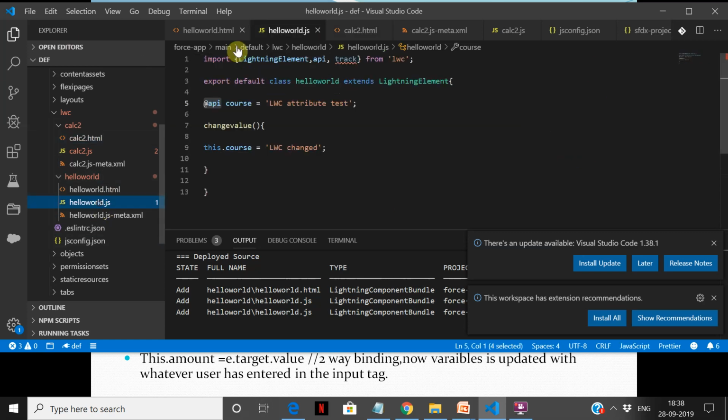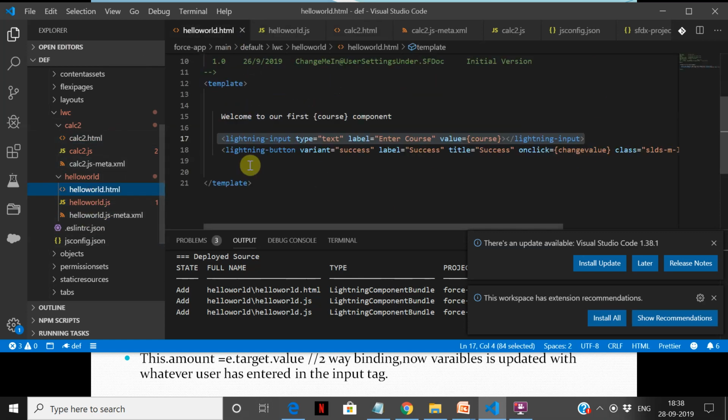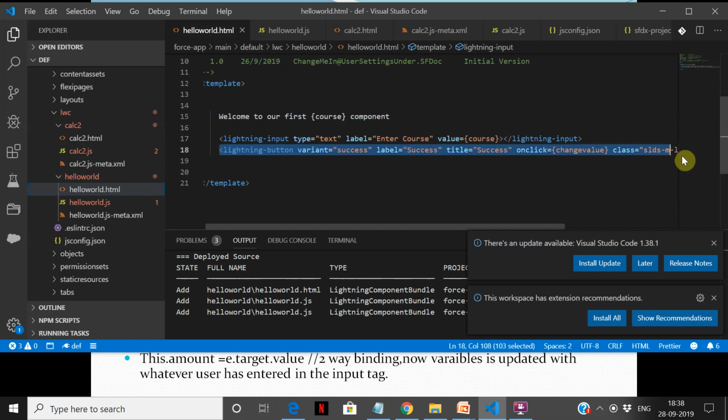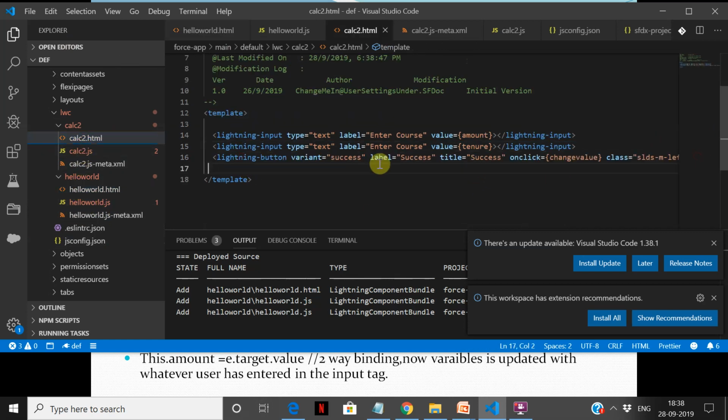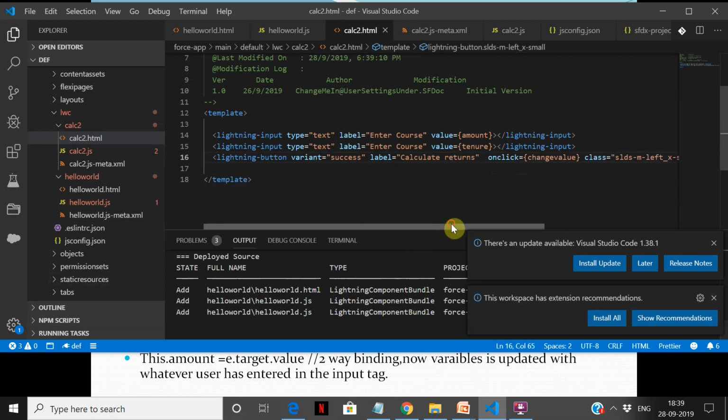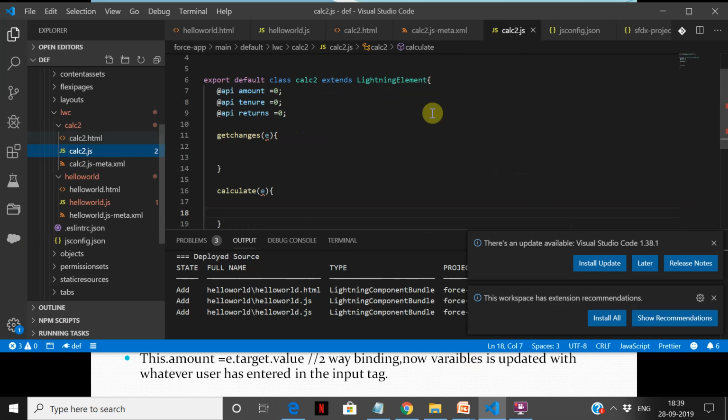And I'm going to also create a button. Right now it's not going to do anything. Come back to my HTML, and I'm going to say title, label, I'm going to say calculate. Alright, so with this my method, and it's going to call the change value. Instead of that, I'm going to call calculate here.